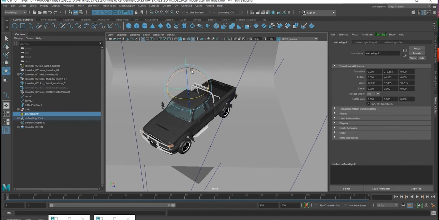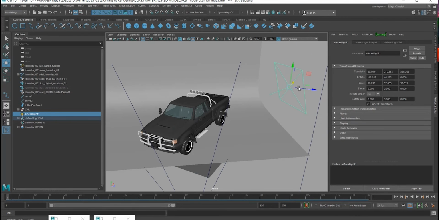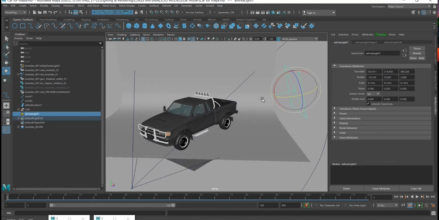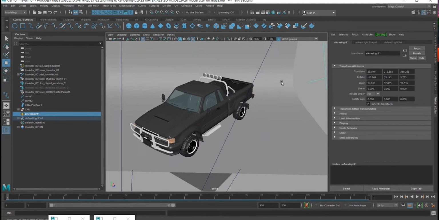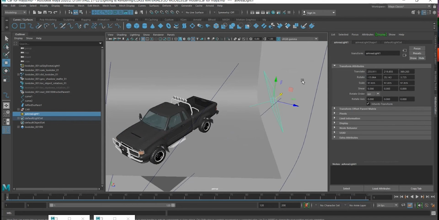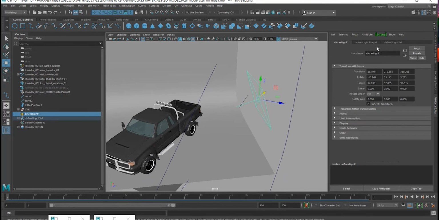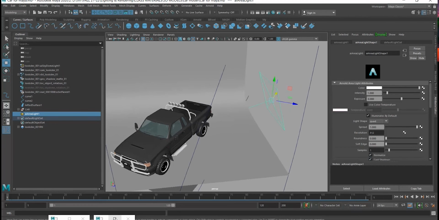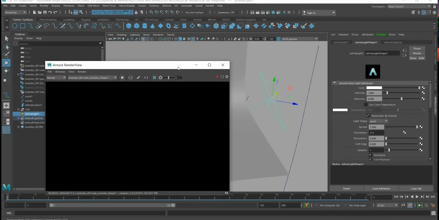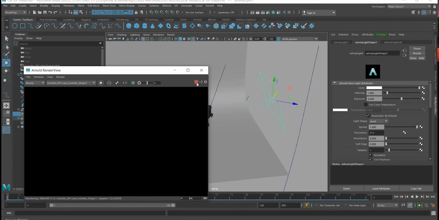So let me just go here. The intensity of this light, go to the light shape. The intensity of this light is 1, and beneath you can find normalize. You should disable the normalize. You know why? When I close this hypershade and open my render view, and click render,